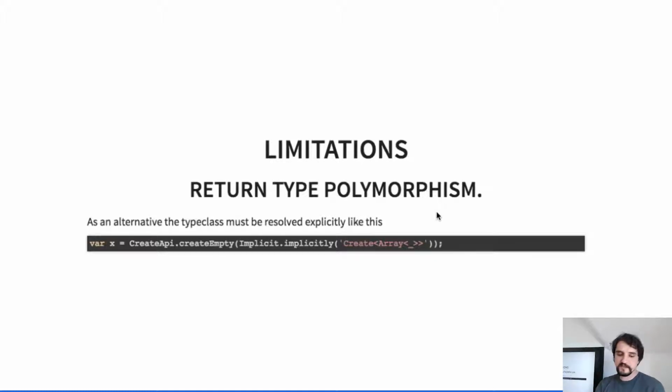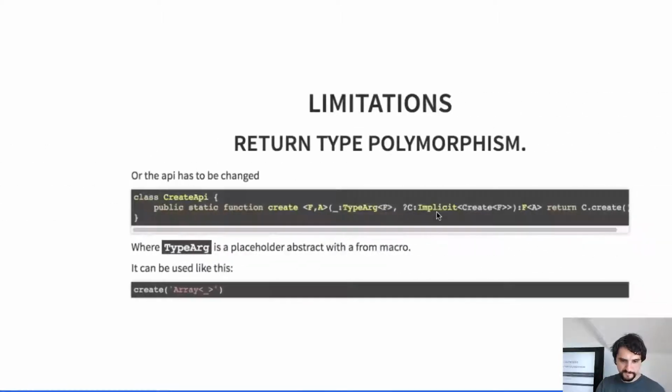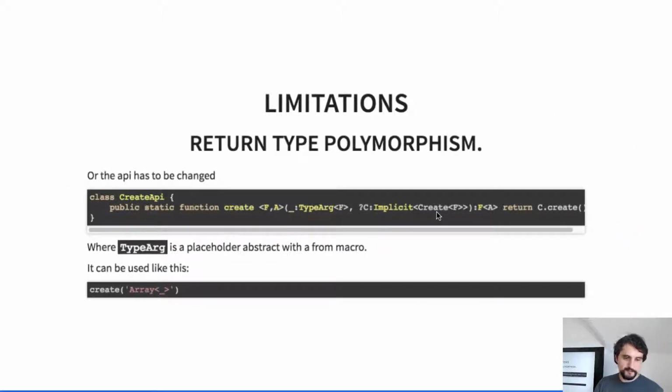But this is also something that you could use for some optimization stuff, to pass them explicitly. Yeah, you can. It's nice markup here. You can also use a macro, of course, and use get expected type and build the expression based on that. There is another way that I use sometimes: you have some kind of a type argument